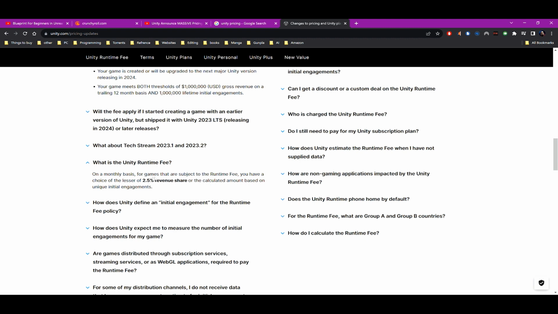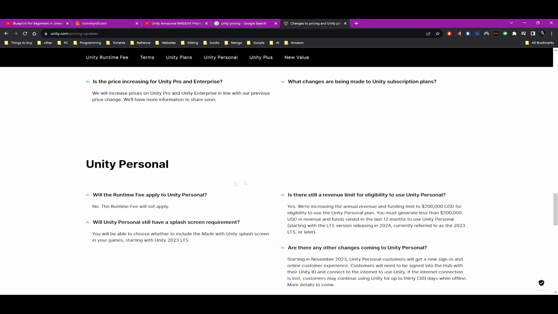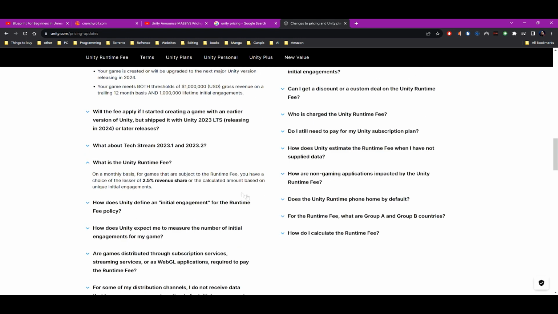So that's the max amount they'll take, whichever is lower, just a straight up 2.5% of your revenue, or the fee calculated based on the unique initial engagements, basically the installs. Whichever is lower, they're going to take, and it's not going to apply to any game anybody that's making less than $200,000. So more or less, they're getting rid of the fee, which I'm pretty good with.